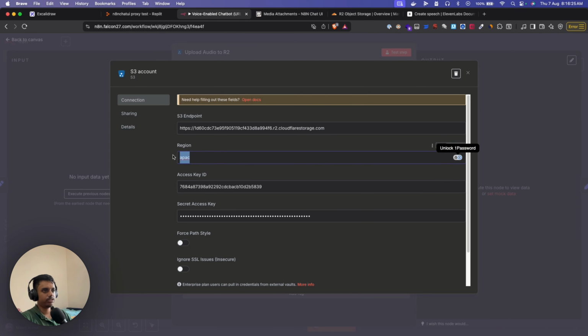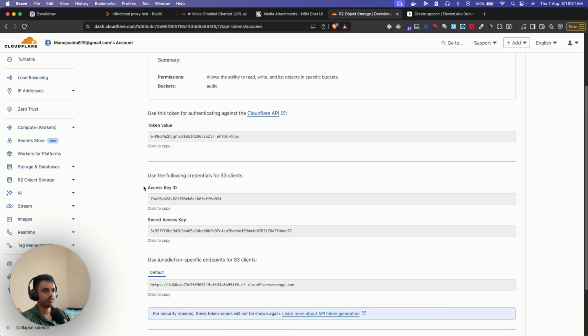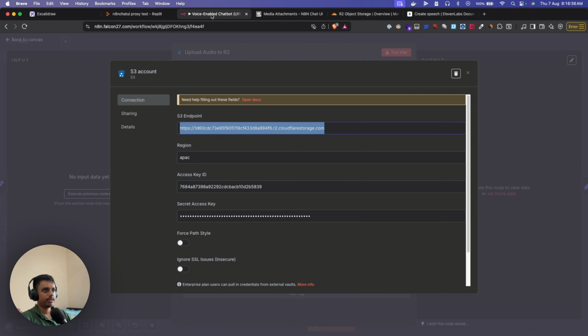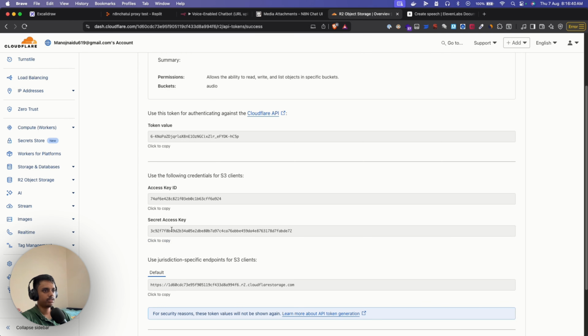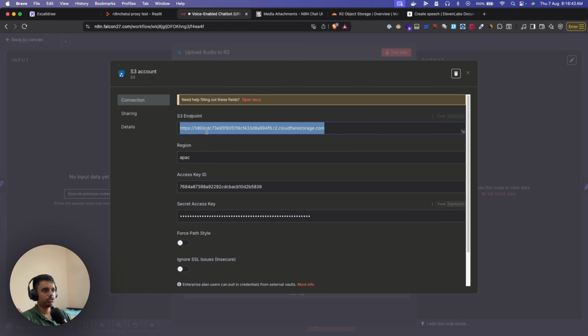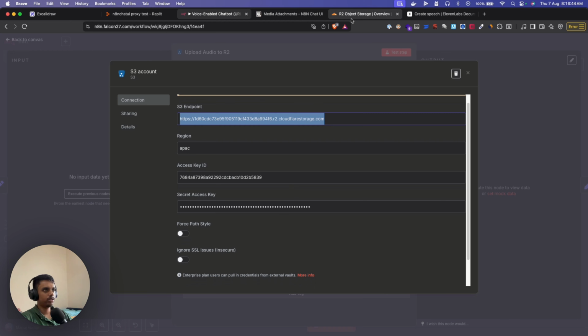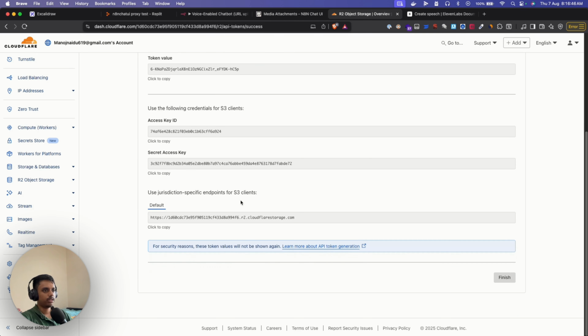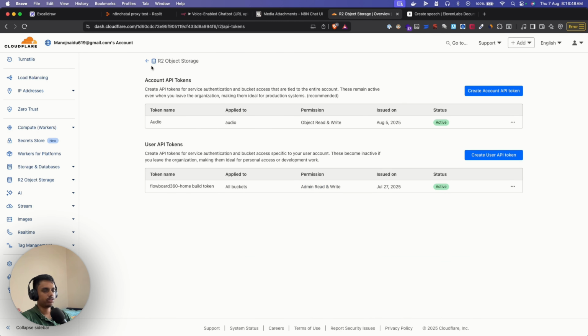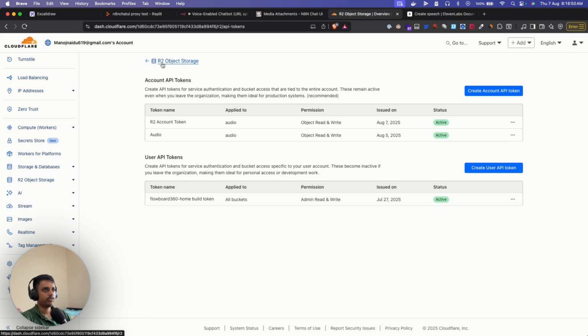You can actually add region at the end, but first you can just add the endpoint, and then access key ID is something you can get from here. It's this one, and then you have secret access key. Again, it's this one, secret access key. Once you paste these three values, right, that's all we need here. And then if you just go back to get the region key,